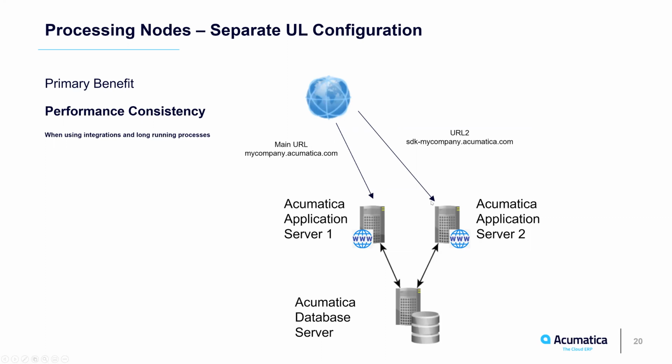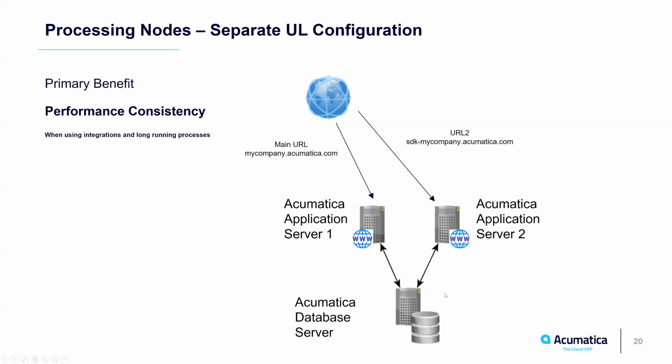And integrations and long-running processes run on a separate processing node. So the way you do this is you request an additional processing node, and Acumatica can license you additional processing nodes. They do cost money, but they are a significantly small fraction of your overall license pricing. So if you're into very large volume and have a very high number of integrations, talk to your partner a little bit about processing nodes, and we can certainly spend some time with you to come up with the best topology